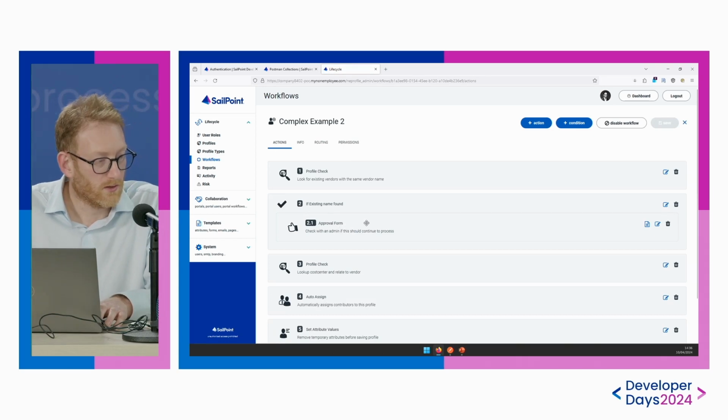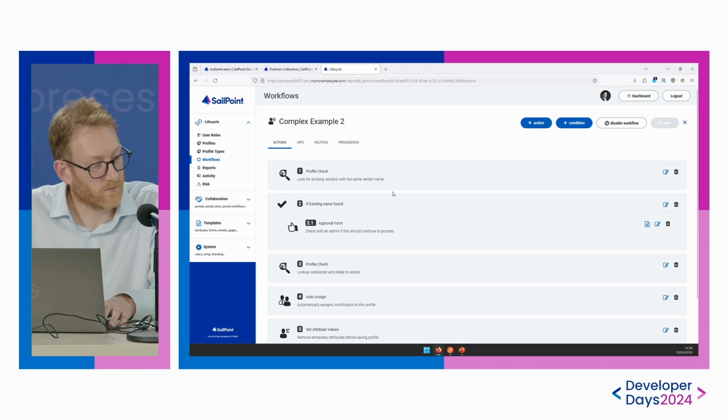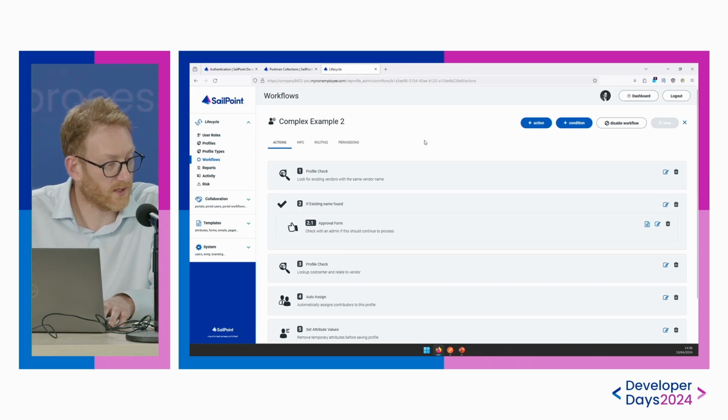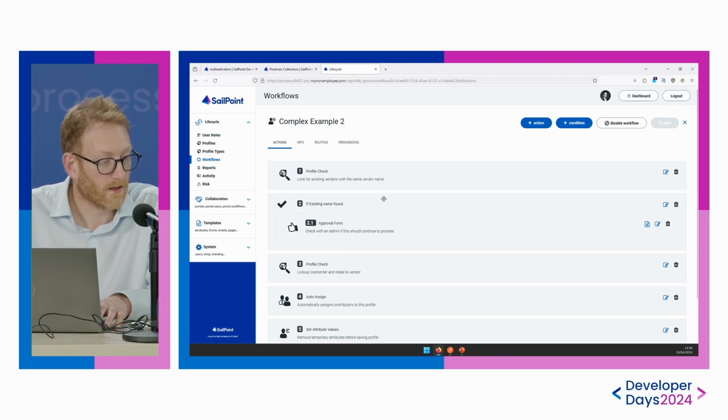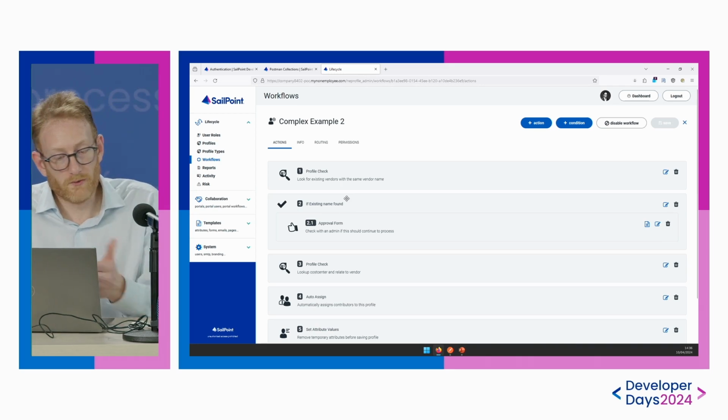So this complex example 2 is actually, first it will check if there is any existing vendor with the same name. If you remember, there is no duplication constraint on the vendor profile type. So here we are doing this, and as we can see here, if there are any duplicates for some reason, we can reroute, we can create